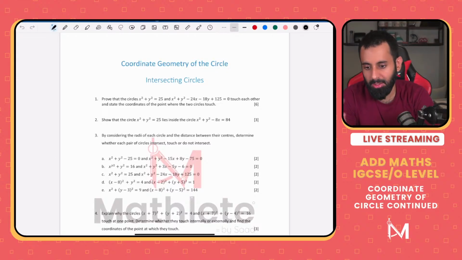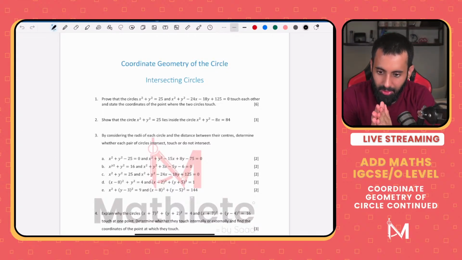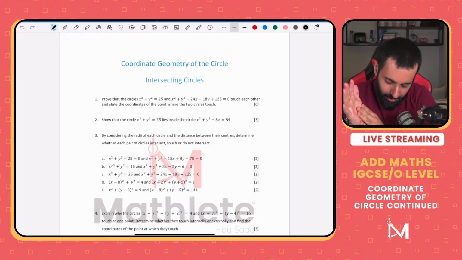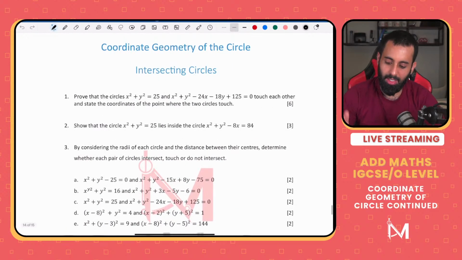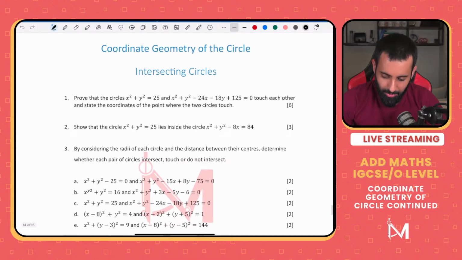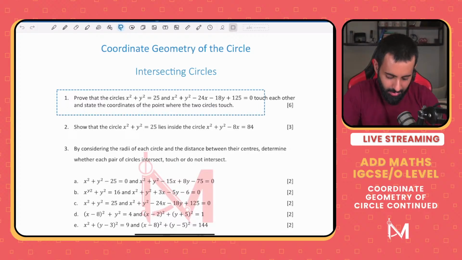So when you're practicing previous past papers, although I am working on practice worksheets for non-calculator, I'm working on those as we speak. Hopefully, they'll be ready after the winter break. But before that, I would suggest when you're practicing past papers, limit the use of calculator as much as you can. Simple. Okay, so let's do a few questions so we can see how things really work over here.